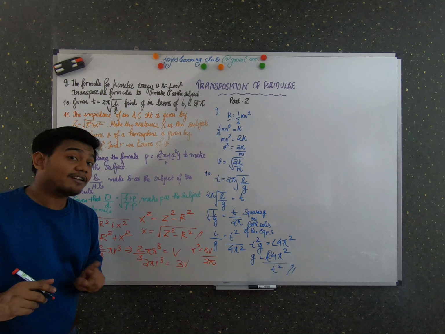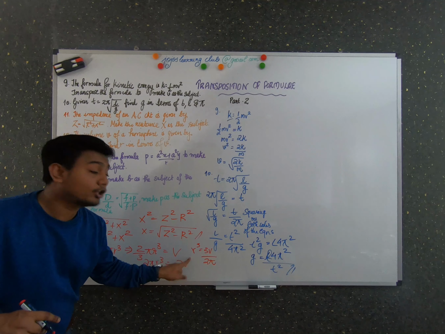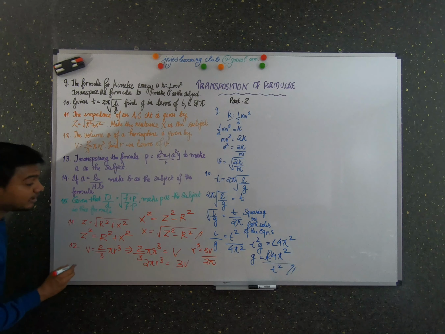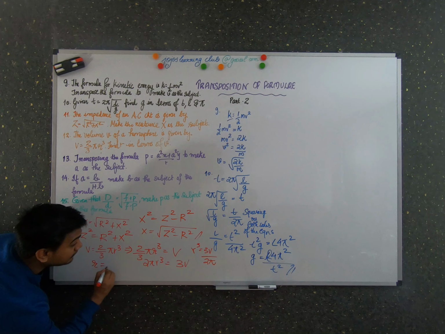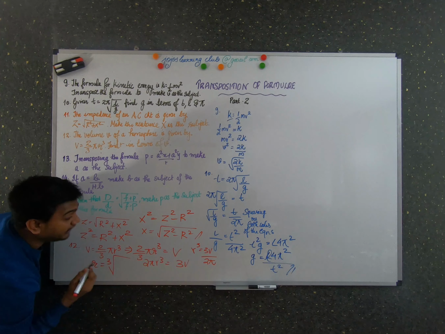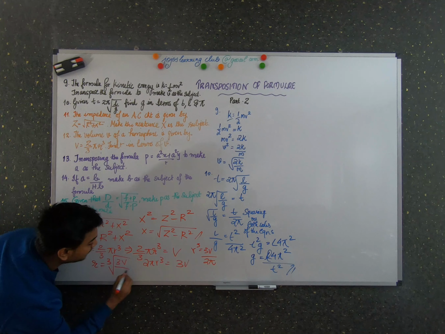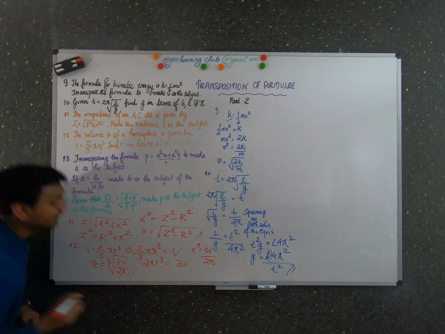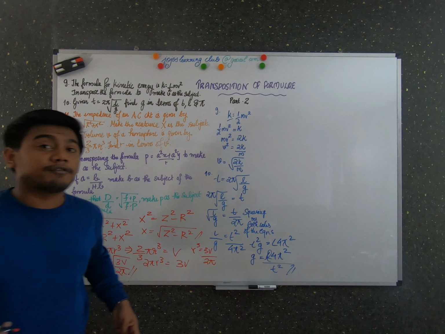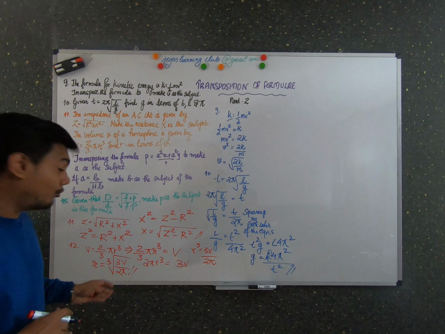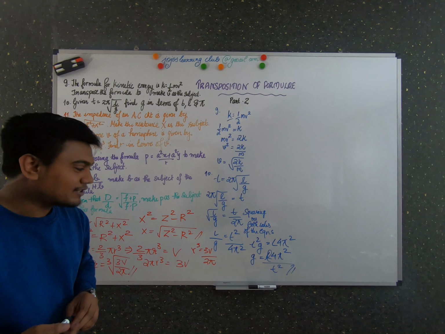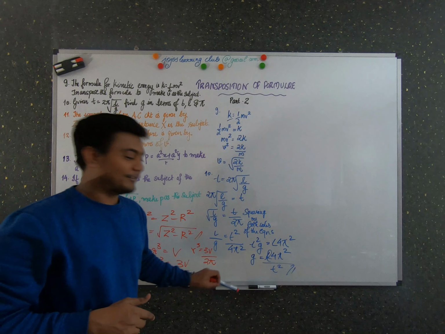But we need to get r. But here it is r cube. So what you have to do? You have to just take the cube root of it. So what happens? Cube root of 3V by 2 pi. Hence, with this you have converted your equation and made now r as the subject of the equation. I hope it's clear.